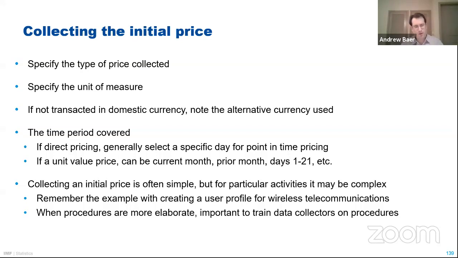So as we get started here with discussion, I wonder if you could tell me a little bit about how data collection works for your SPPIs now. How do you do the initial visit? And then how do you collect prices for all the subsequent periods after that initial visit? Can someone share with me information about that?